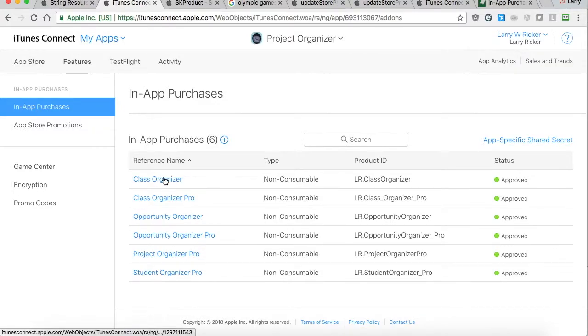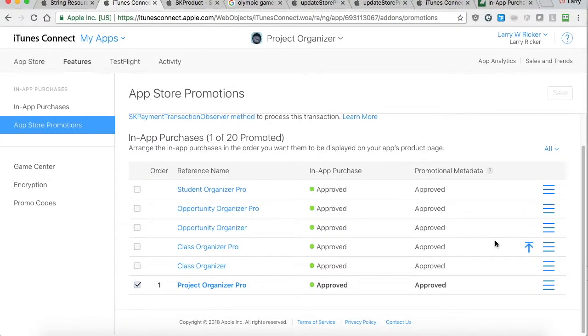So I've got Class Organizer first, Class Organizer Pro, then Opportunity Organizer Pro, then Project Organizer Pro, and then Student Organizer Pro. Now if I were to reorder these, and you can do that on the Store Promotions tab,